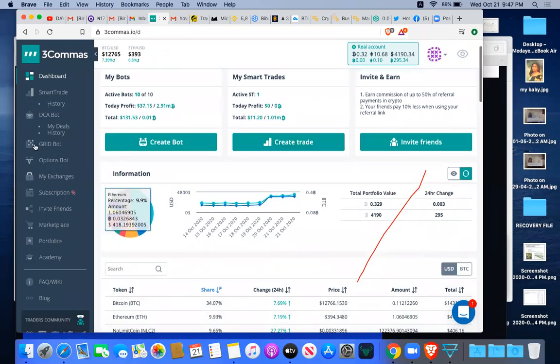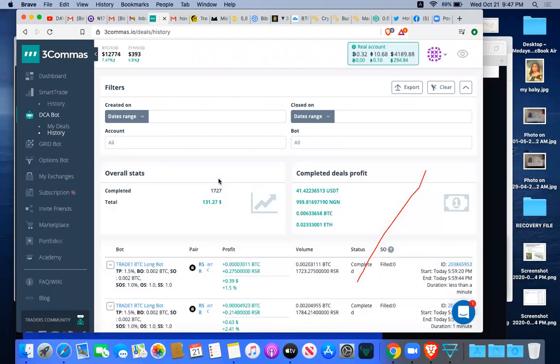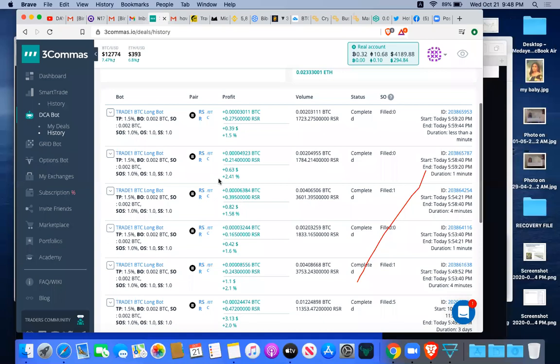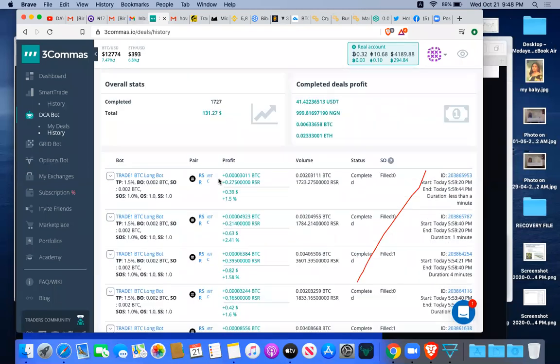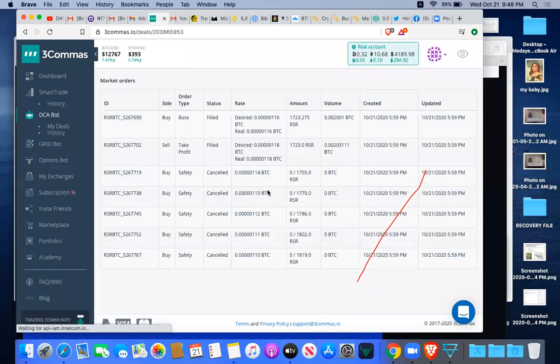Now, this is the point. If you look at it, first of all, I just opened this to show you my deals or history. So history is just showing how the trades I took went. We're not going through all of this today, but later you can learn more about this. To show detail of this, look at RSR. I click on the code number to check how the transaction did. Some failed, some canceled, and the one that was, of course, executed. It gave me all of those details.